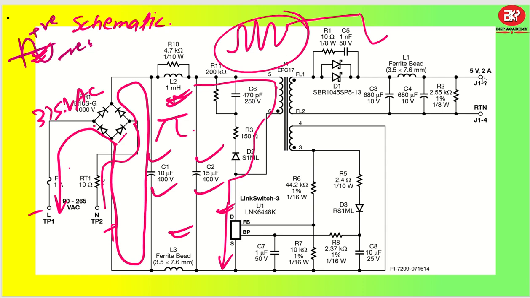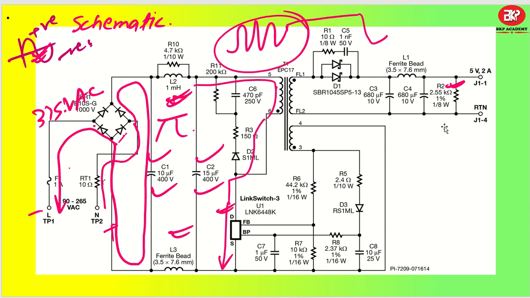Okay, you can see a resistor which is there, which is R2. So R2 is put as a minimum load that will always be there, because suppose you have not connected your charger or not connected your load to charge something, or get the power dissipated, then there will be a problem of open load. So in the open load condition, to remove that we have put one minimum load which is a 2.5 kilo ohm resistance. Okay, and this is the return path.